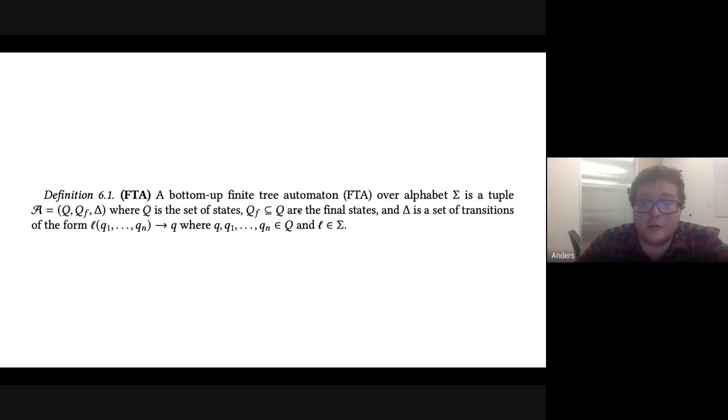So here's a formal definition. You can see this looks essentially like DFAs, where you've got states, you've got final states, and you've got transitions. The only real difference is that these transitions are not like some sort of delta on a single state going to another single state, but rather the transitions can take in multiple arguments.